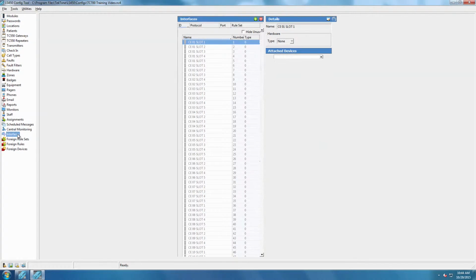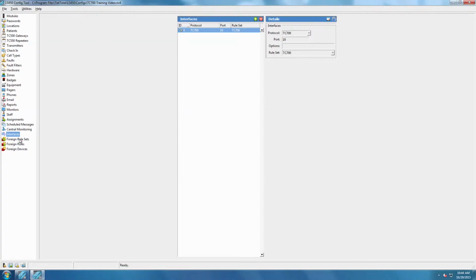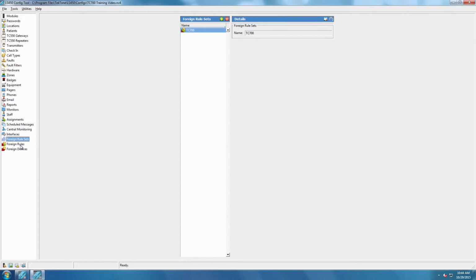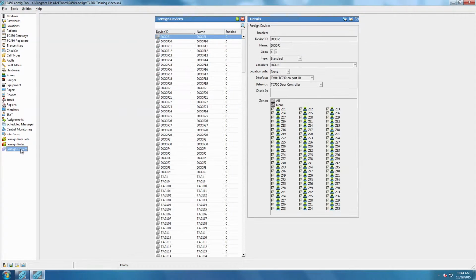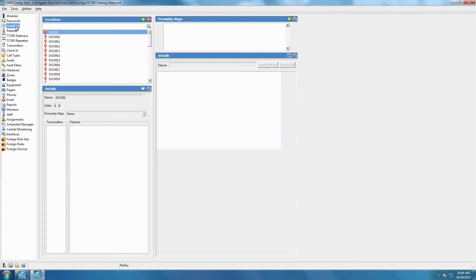By starting from the template, you will notice that the interface is pre-configured and all the necessary rules and device IDs are preloaded. We will begin customizing the configuration by selecting Locations in the left column. Here, we add any proximity maps that are to be used and rename the preloaded locations. It is only necessary to rename the locations which correspond to the device addresses previously chosen for the installed door